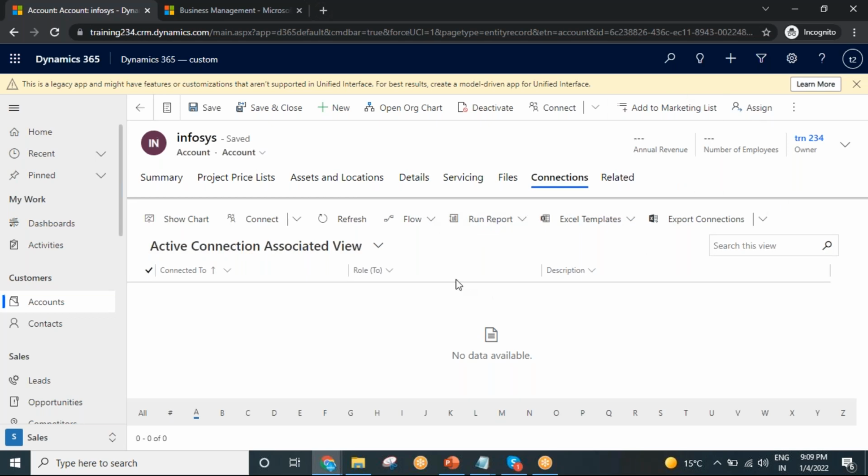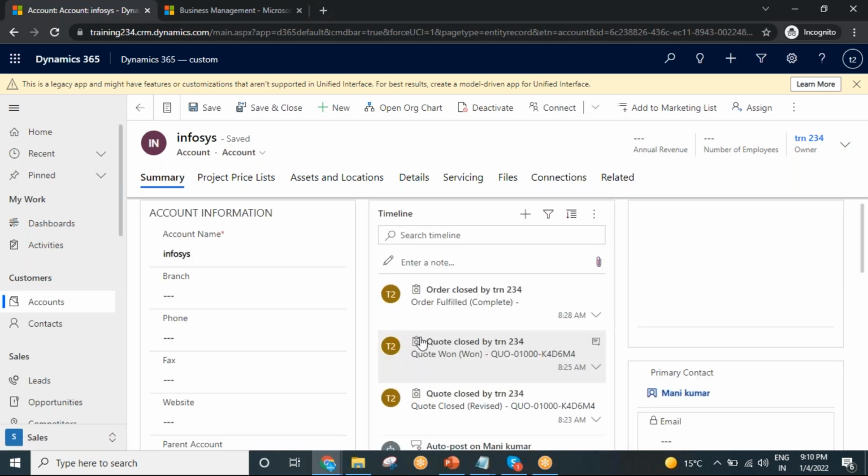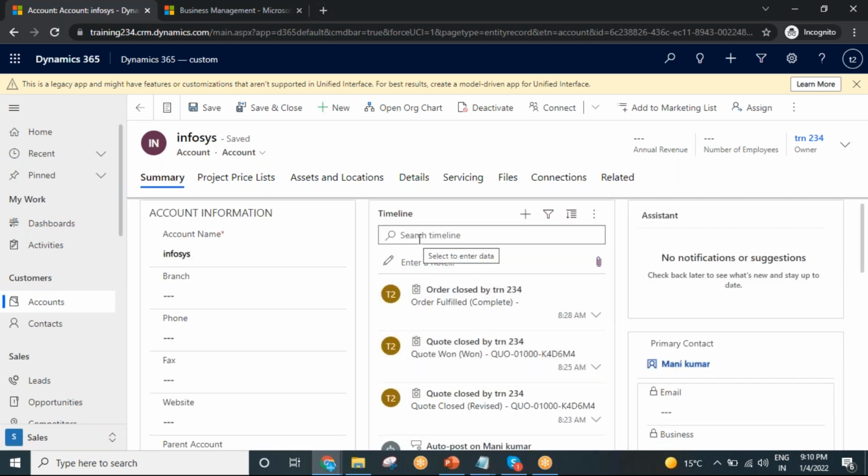So the remaining part can be seen from here, right? So now what other options do we have? We have seen the associated subgrid, associated ribbon buttons, and alphabetical search. What other options we need to know here is